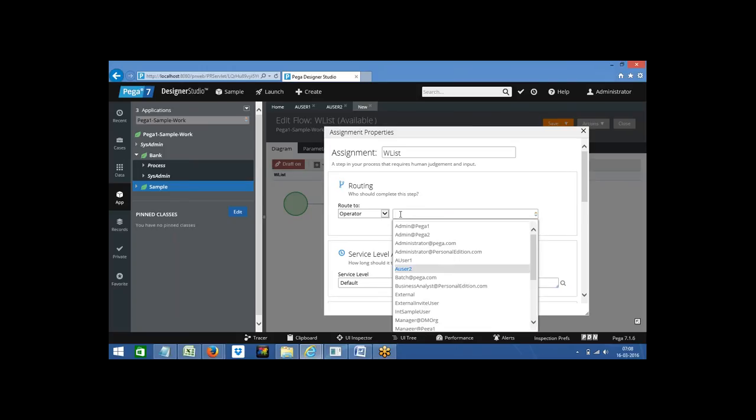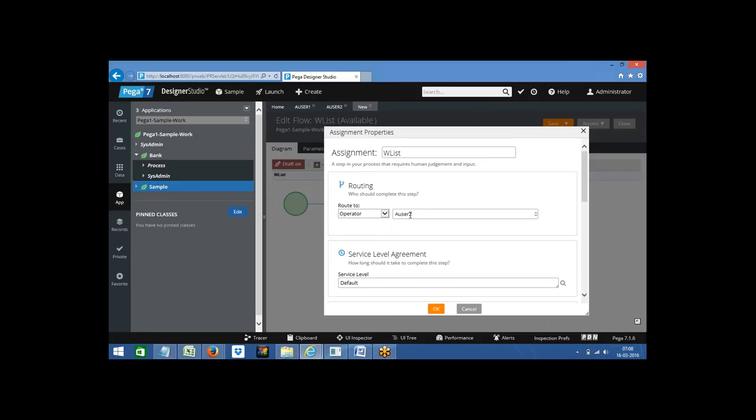The user portal ID is user 2, and for that they will configure service level also. In the next session, or after this if time is there, I'll tell you. Actually, for every task, whenever a routing is assigned, along with the routing they will also define the service level. I will tell you about this after this. So first of all, in the route to option, select operator, and work basket means